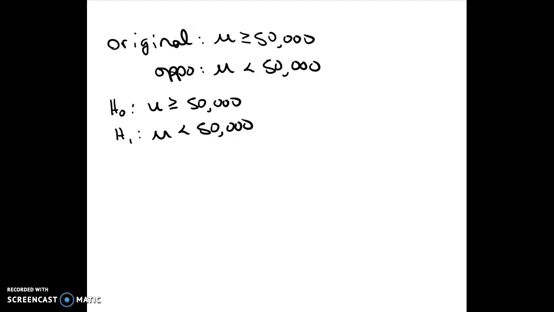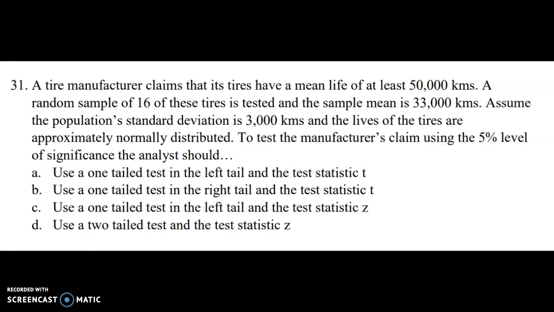Okay, so we will get our tail test from the alternative, or H sub 1. And notice the symbol is pointing this direction, so that means that it is a left-tailed test. Okay, all right, so I know I'm going to be using a left-tailed test, so it's either A or it's